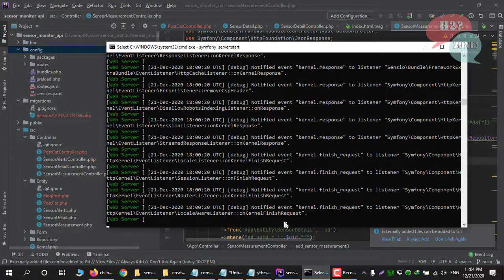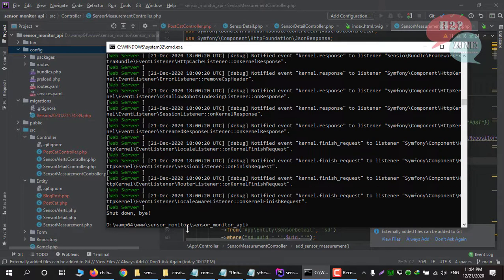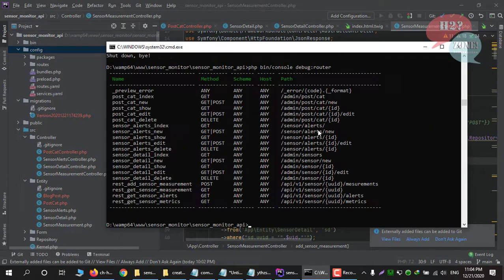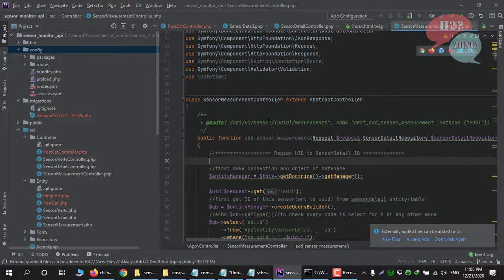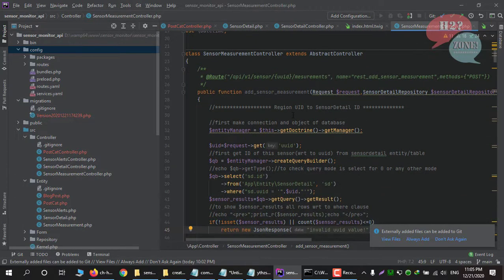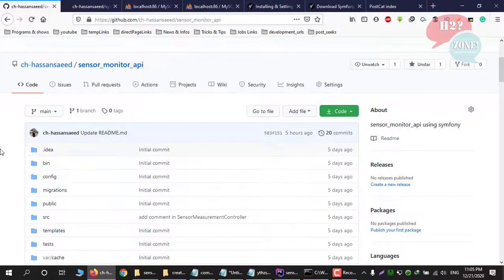I am going to stop my project, and you should have your project directory open and run this command. It will show all the routes which exist in your project. If you want to know more about these sensors, alerts, and things related to this project, go to my previous video where I have defined how these RESTful API related IoT sensor things work. You can see my old video where I show how I send these requests.